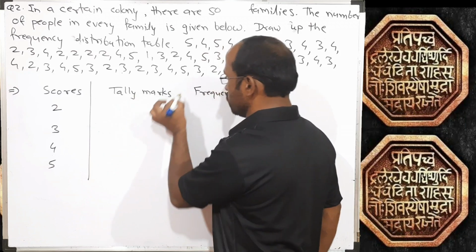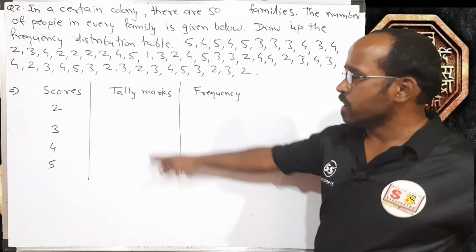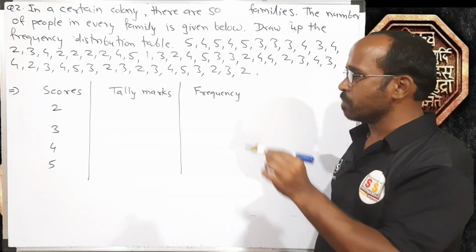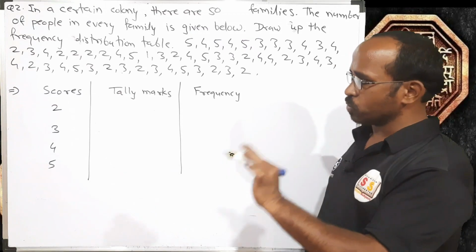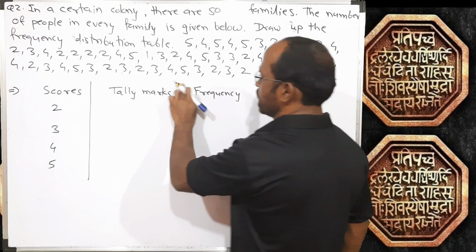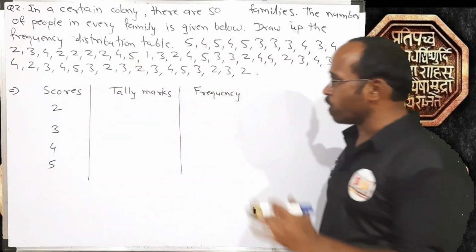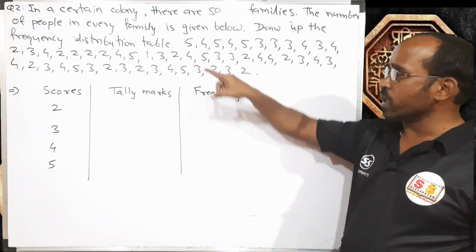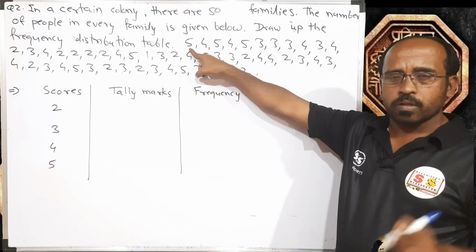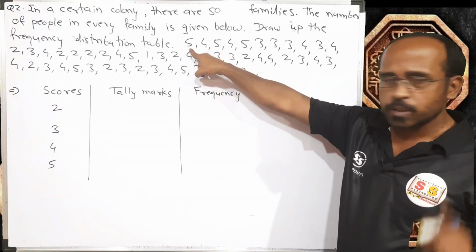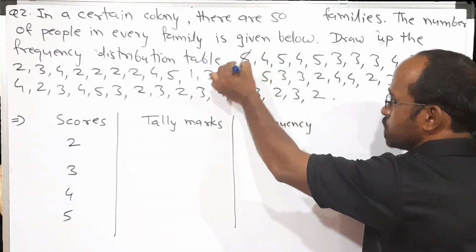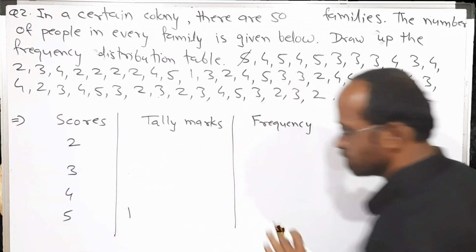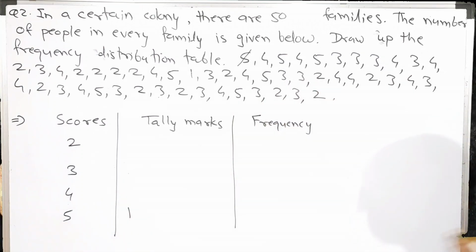In the second column you need to write tally marks. A tally mark is what? You just have to write one line per score. So how will you write it? Scan the example from the starting, and whatever number you find, for one number draw one line. So the first data is 5, cut this 5 and in the 5's row draw one line. Got it? Isn't it easy?